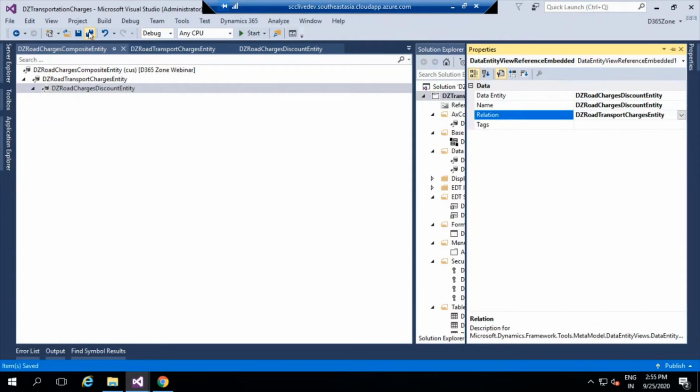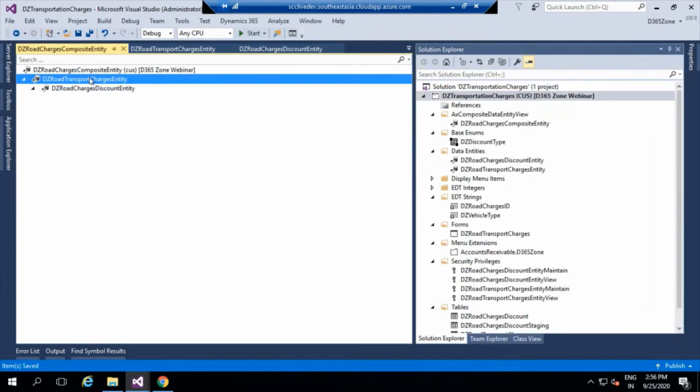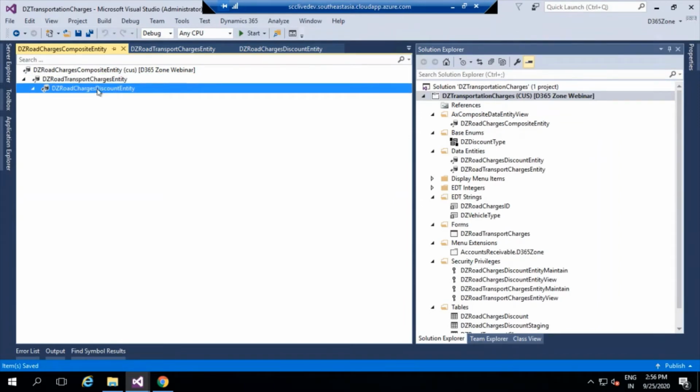So we achieved a third milestone also. We created an entity first, then we created a relationship between the entities. Finally, we created the composite entity. So now you are ready to load any particular XML file into the system. The XML file can be in a header and line relationship, meaning it can have transport charges as the header and transport charges discount as the line level. Fine. Once this is done, it's not enough, because the data is going to come inside the staging tables. We have to do some activities in the staging table also.